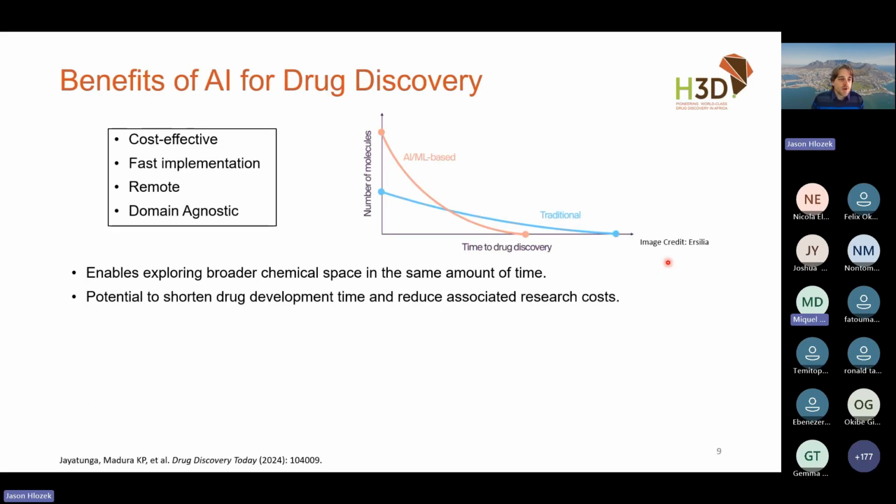And so the hope with bringing AI to drug discovery is that we can both explore more compounds overall than we might otherwise have been able to purely by looking in the lab, and hopefully also shorten the development time, finding the optimal compound sooner than the traditional amount of time.